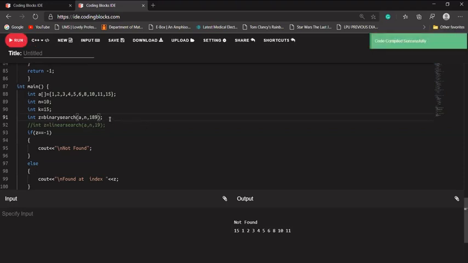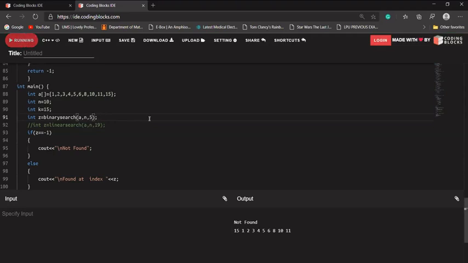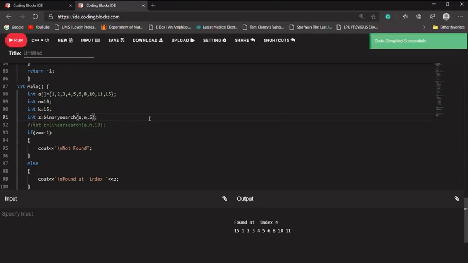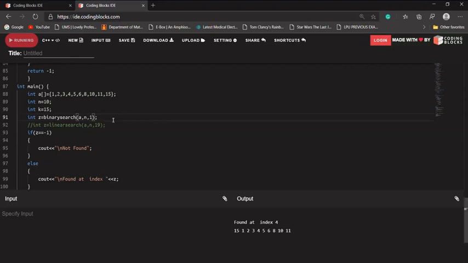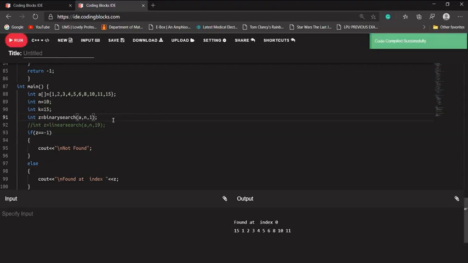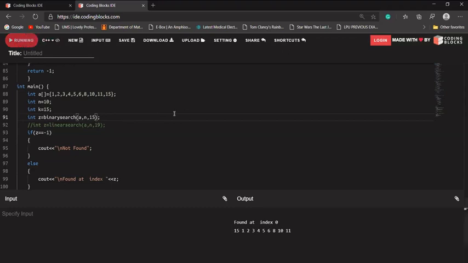Not found. Let's try one or two more elements. Let's search 4. Let's try to search 1, because each and every time you design a function, you should check it for the boundary conditions. Yes, 1 is found at index 1. Let's try to search 15 to see whether it works for the boundary cases or not.